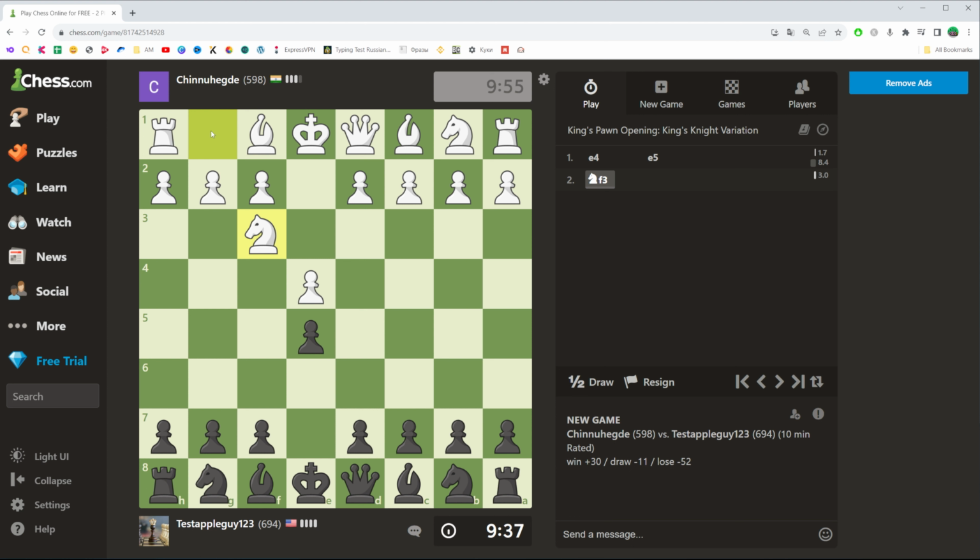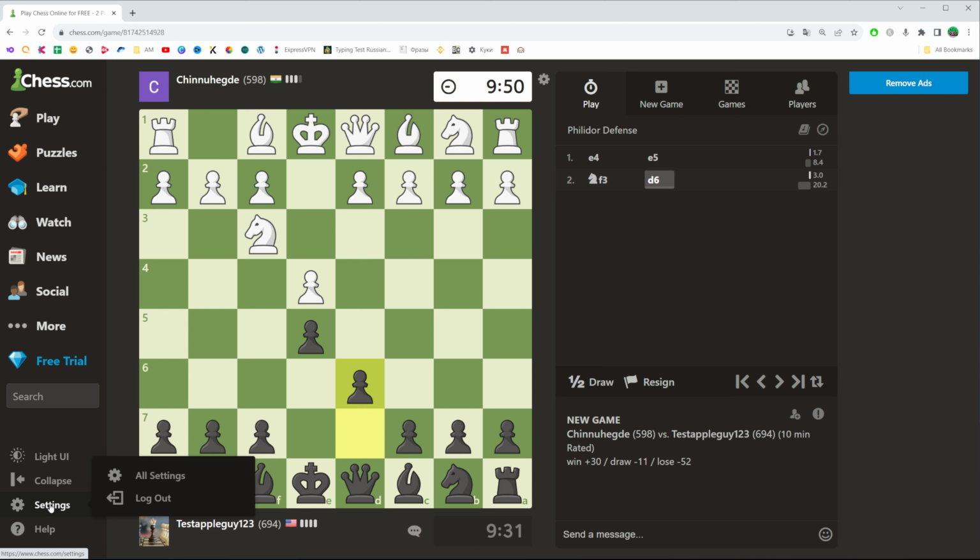So let's get started, and as you can see now it shows me the highlight of the last move, the previous position of a chess piece and its current position. If we would like to turn off that feature, we need to go to Settings,